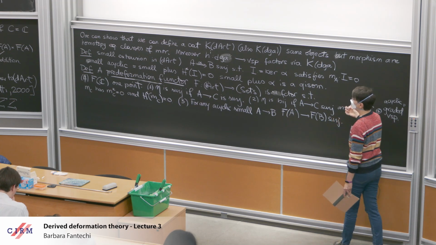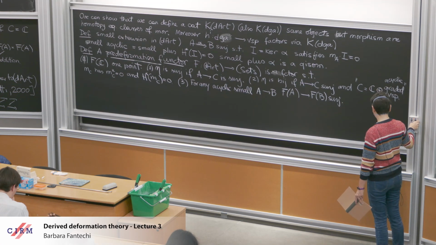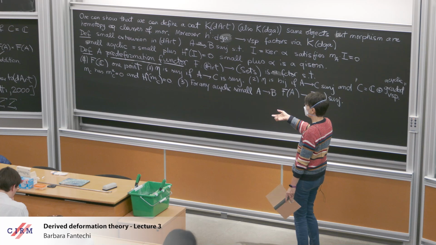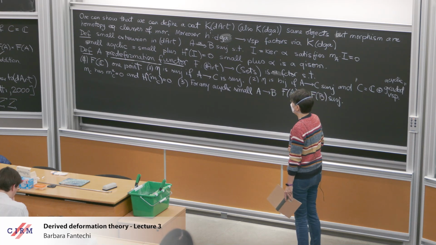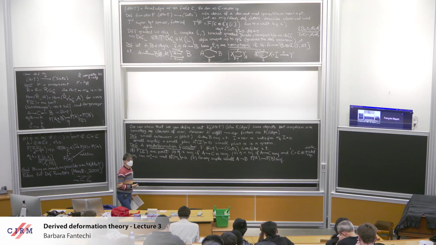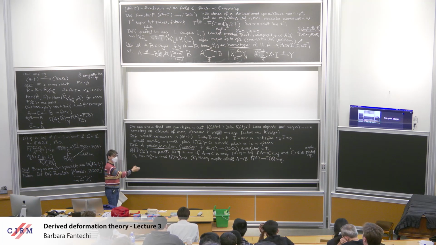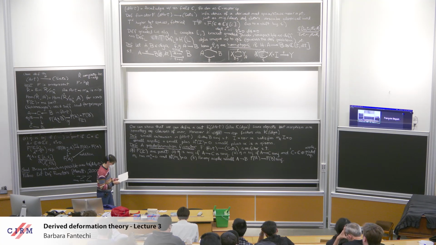So this is just a big definition, and exactly like the one by Schlesinger, it's just something that you see and it plants itself on your stomach and you don't understand why. So the point of this very dry definition is that you want good consequences. On the one hand, you want enough assumptions to be able to say a lot of things about this functor, and on the other hand, you don't want too many assumptions so that you have a lot of examples.